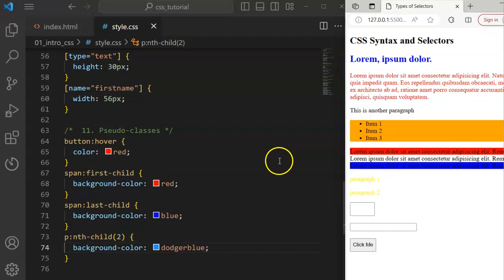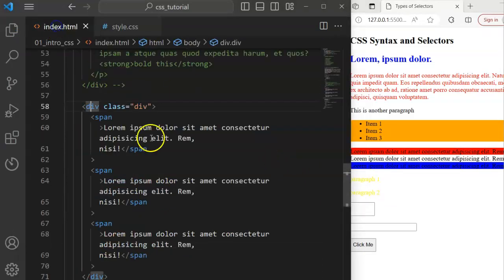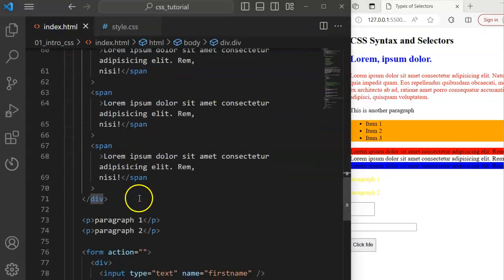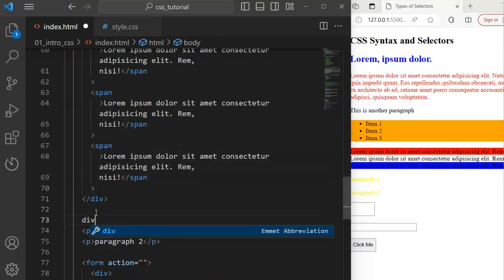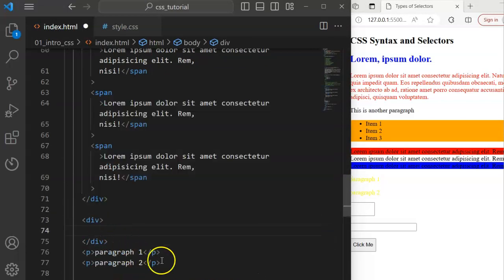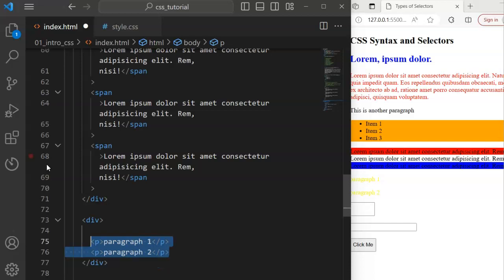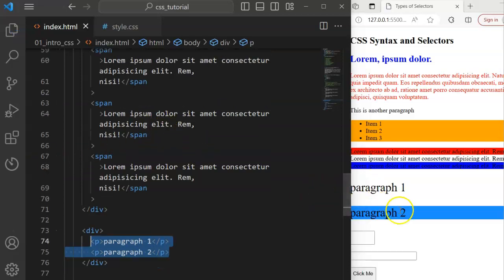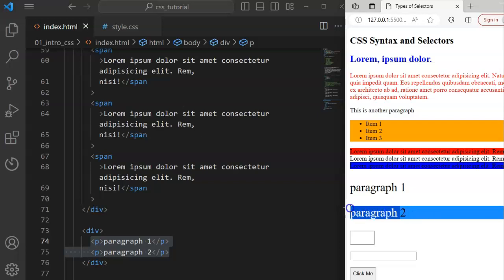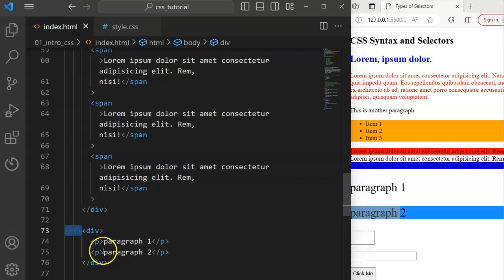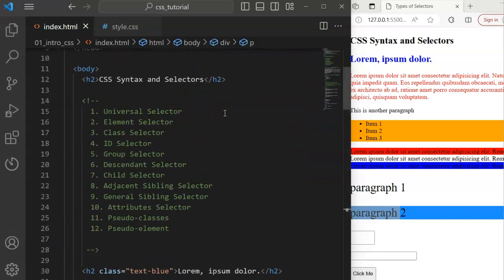Yeah, the paragraph that is the second child of its parent. Now let's properly create it so that we see it in action. So let me just wrap this paragraph in a div, and I just move it and save it, and you can see now that the one that is the second child is given a background color, because this is the parent and this is the child. So this is the first child, second child. So that is that. We move on in the next